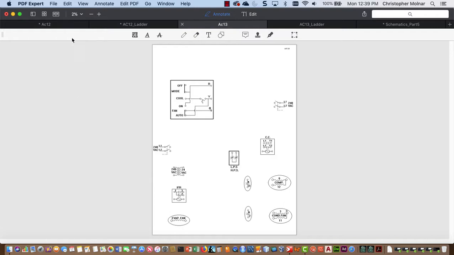It's like manufacturer Carrier wires stuff different from Goodman, from Trane, and it depends also on the model of the unit, what's there in terms of safety controls. Sometimes you don't see the pressure switches, sometimes you have additional pressure switches, and as we get into the more advanced units in the advanced air conditioning course, we're going to see different types of wiring. So this is the basics, but you have to be able to wire these regardless of what type of system